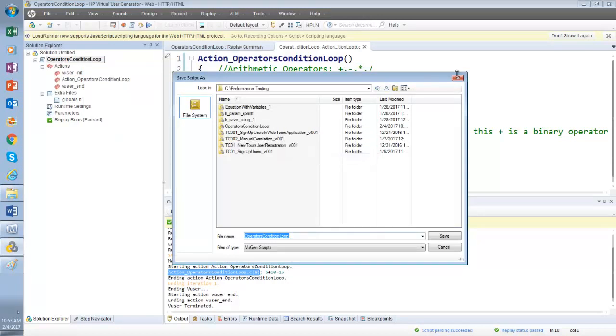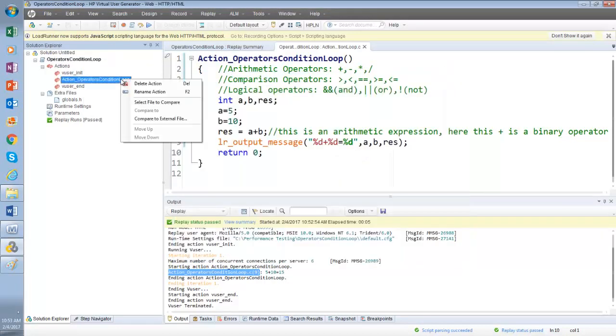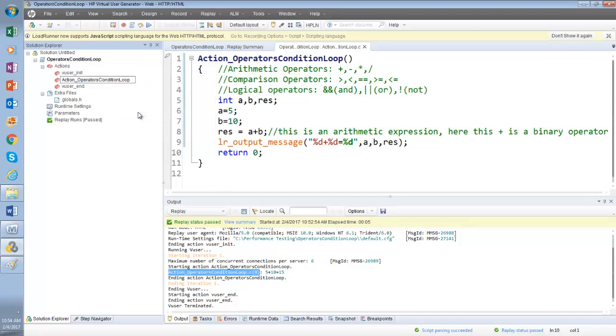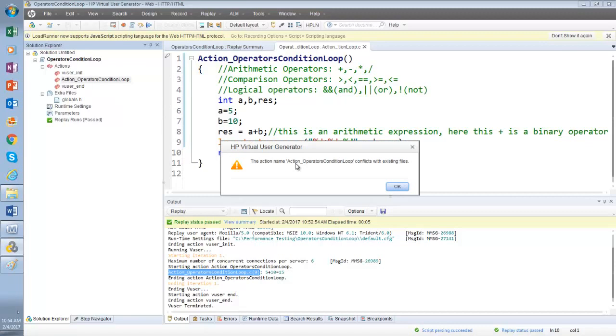You go there, rename, and after the action put underscore and paste it. Remember, Control V will not work here. You will have to right click and paste here.